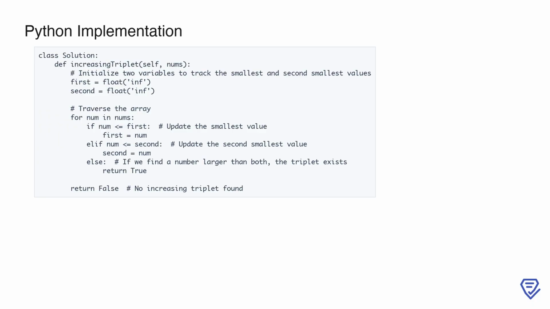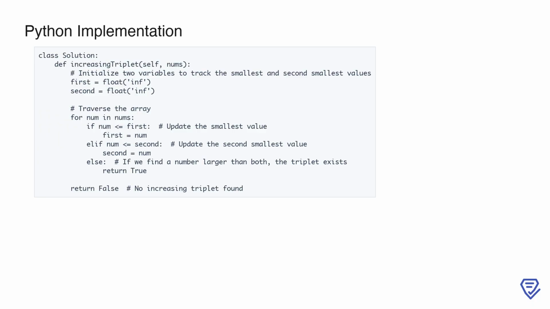3. If the number is greater than both first and second, it means we have found an increasing triplet, first, second, current number, so the function immediately returns true. If the loop completes without finding such a triplet, the function returns false. This ensures that the algorithm efficiently determines the presence of an increasing triplet subsequence in linear time. The code is concise, avoids unnecessary complexity, and handles edge cases like empty arrays or arrays with fewer than 3